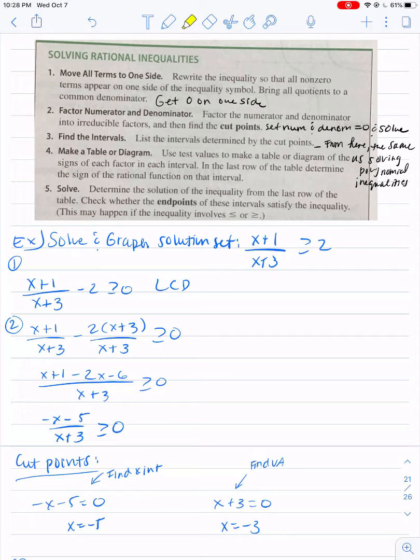By setting the numerator equal to 0, we're solving for the zeros, and by setting the denominator equal to 0, we're solving for the vertical asymptote. From here, it's the same as solving polynomial inequalities. We make our table, find out which intervals satisfy the inequality, and then see if the